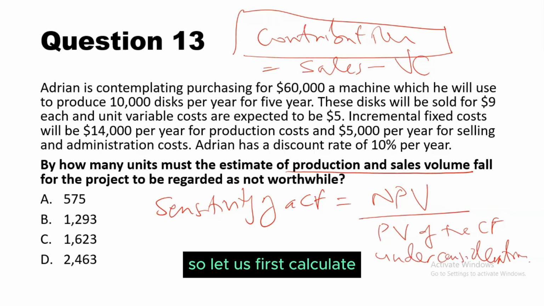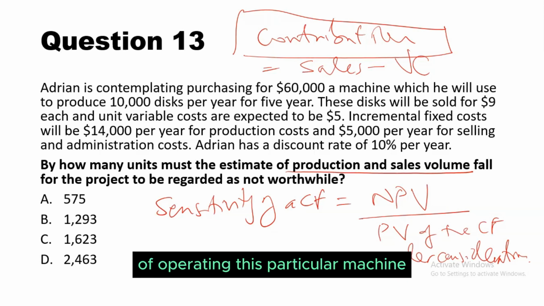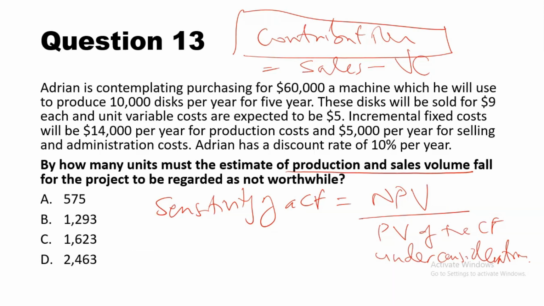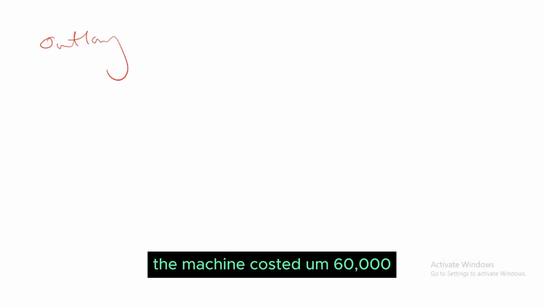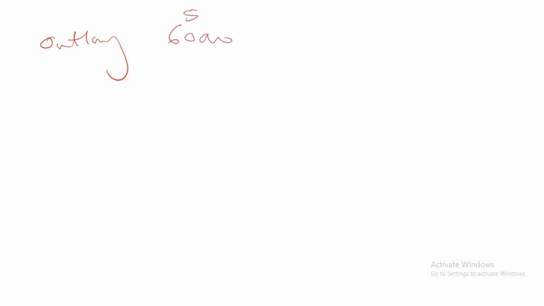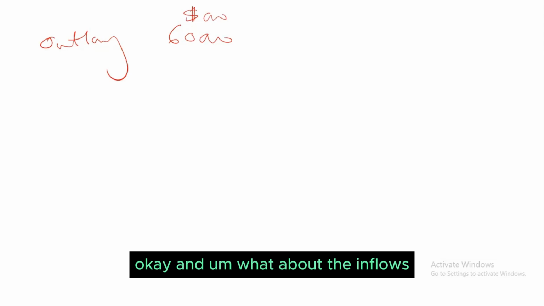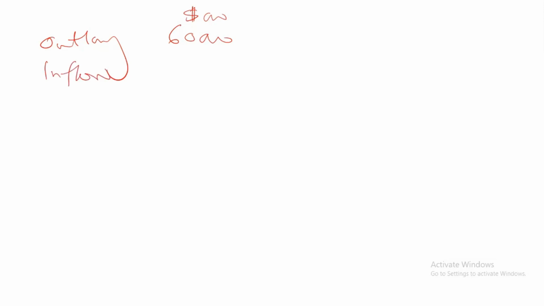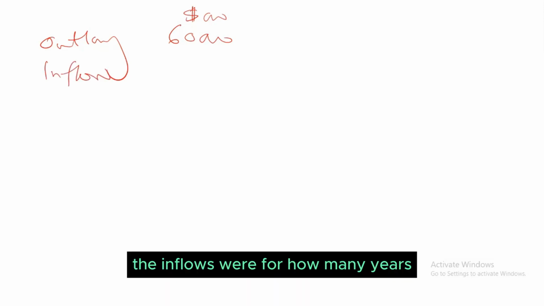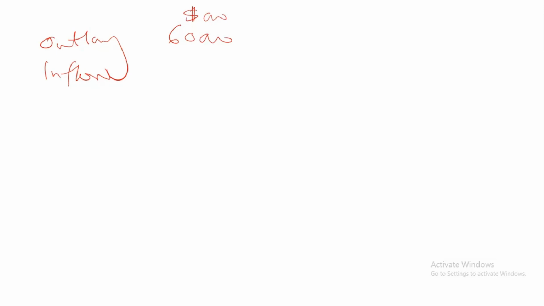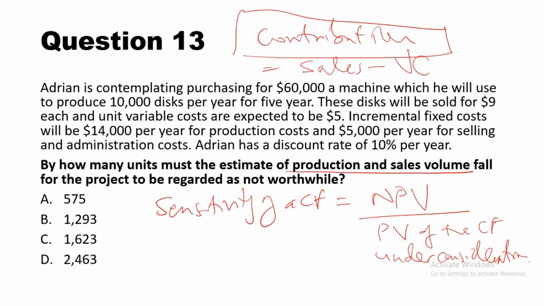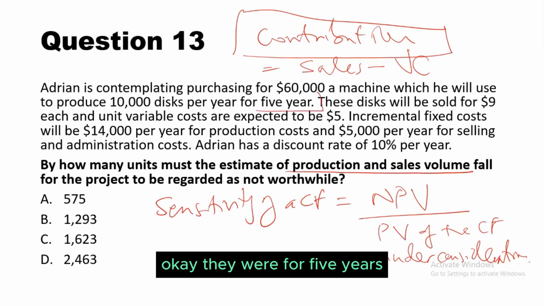So let us first calculate the net present value of operating this particular machine. So what was the outflow or the outlay? The machine cost $60,000. Okay, and what about the inflows in using the machine? The inflows were for how many years? Okay, they were for 5 years,